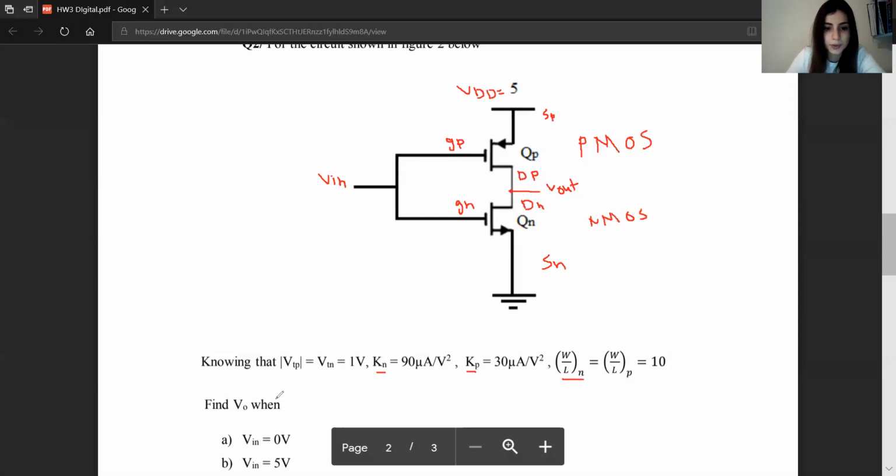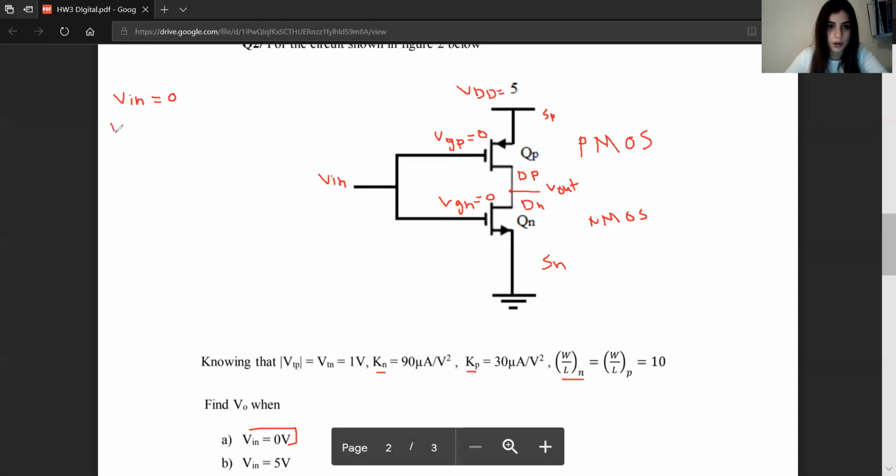Okay, so if we input a voltage of 0, so if V input was 0, it means that the voltage at the gate of the PMOS and also at the gate of the NMOS are both 0. So V at the gate of N is equal to 0, and the voltage at the gate of the PMOS is equal to 0 as well. Therefore,